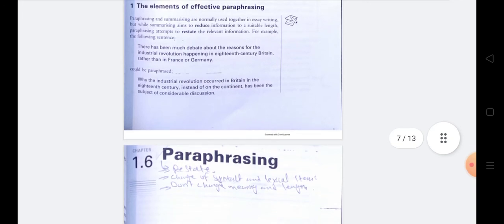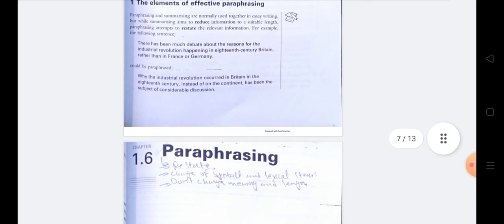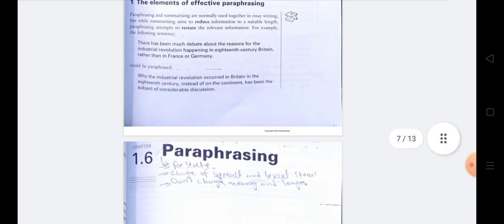An example is given. There has been much debate about the reason for the Industrial Revolution happening in 18th century Britain rather than France or Germany. It could be paraphrased: why the Industrial Revolution occurred in Britain in the 18th century instead of on the continent has been the subject of considerable discussion.